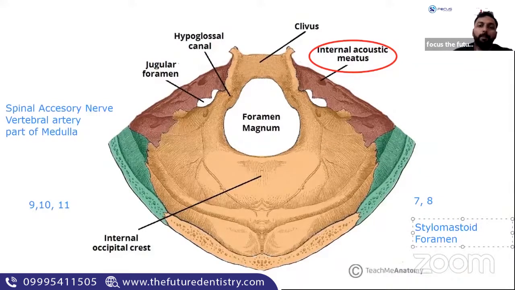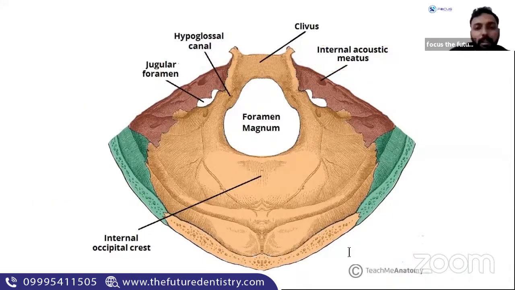This stylomastoid foramen we won't be able to appreciate in the norma basalis view. So the stylomastoid foramen, you remember. So 7, 8, 9, 10, 11, and 12, these 6 cranial nerves and the routes by which they go out, we have studied. Clear? So that is all about the posterior cranial fossa. Remember the bones, remember the foramens.